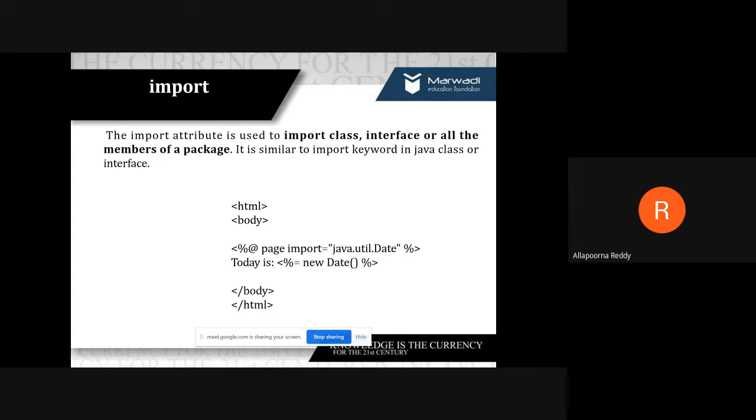When I use this, it will automatically take the current date of the system you are accessing, and it can be printed as output, right? At that time I need to use the expression tag. There I'm using an expression tag, as in today's date equals a new Date, whatever the date is, that date will be printed. I think I showed this example in my previous session also, right?